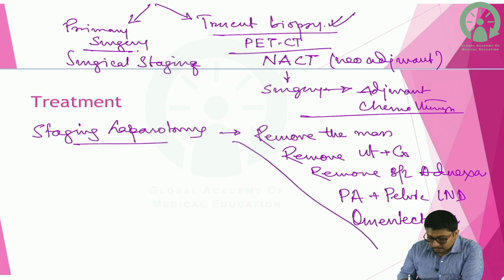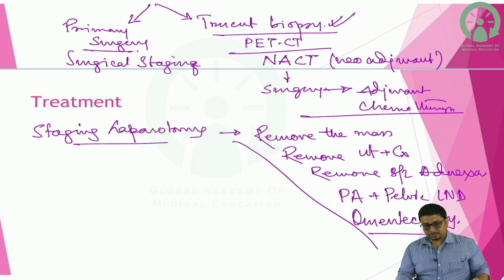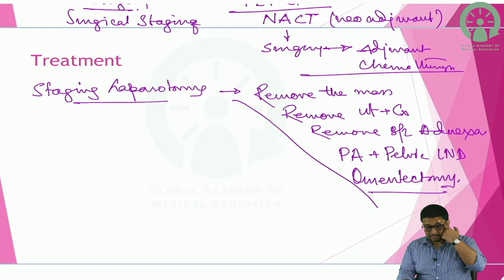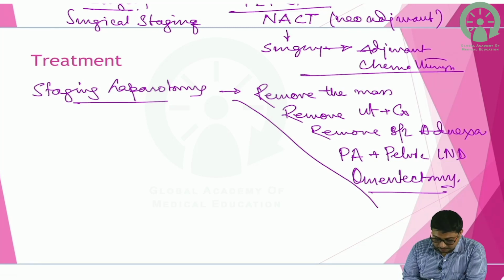So we do this, we send the entire thing for histopathology, and if histopathology comes out as malignancy, then based on what type and grade of malignancy, we decide further what is to be done. If she has already presented with ascites and we have tapped that ascites and we know that it is a malignancy case for sure that we are dealing with from the ascitic fluid analysis,